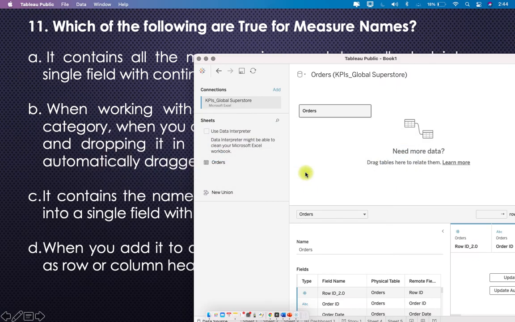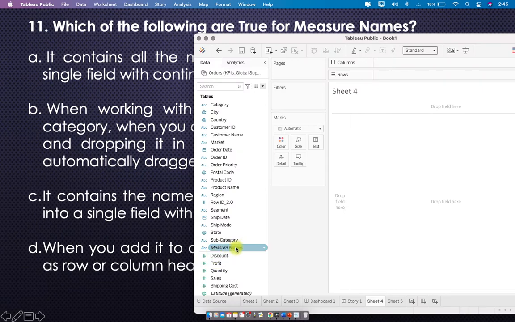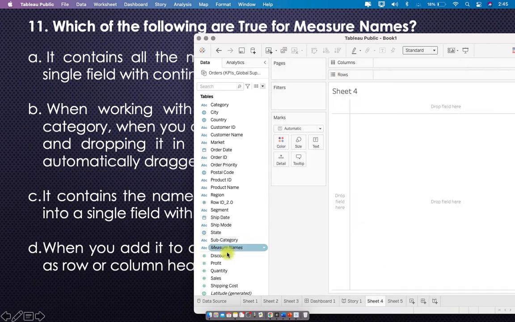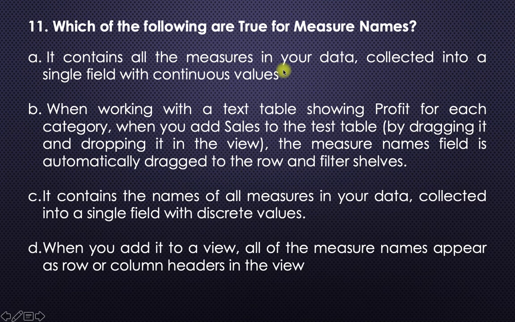If you go here in Tableau, this is the measure name. If you drag this measure names here, you see the names of the measures, not the measures directly. So what is the name of that measure? Whether it's a sales measure, quantity measure, right? You can see the names, and these are all discrete names. So the first cannot be the answer because it says continuous values.